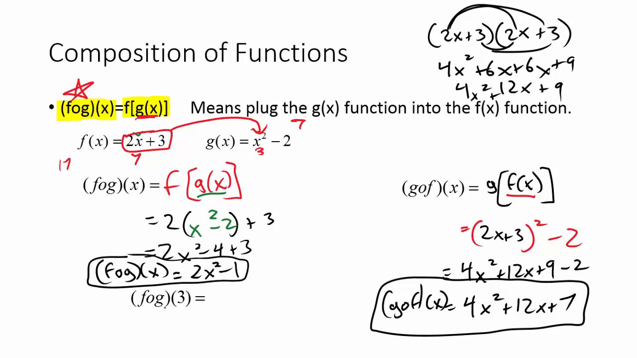Now, an easier way, since we already have this formula, we could just plug it right into this formula that we found for f of g of x. So I could plug this 3 right into here instead, and that would give me that 3 squared is 9, so 2 times 9 minus 1, and 2 times 9 is 18 minus 1, which is in fact 17. So f of g of 3 is equal to 17,